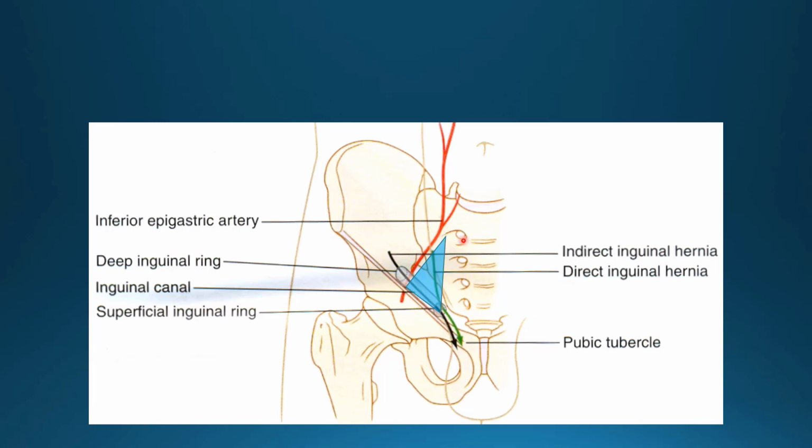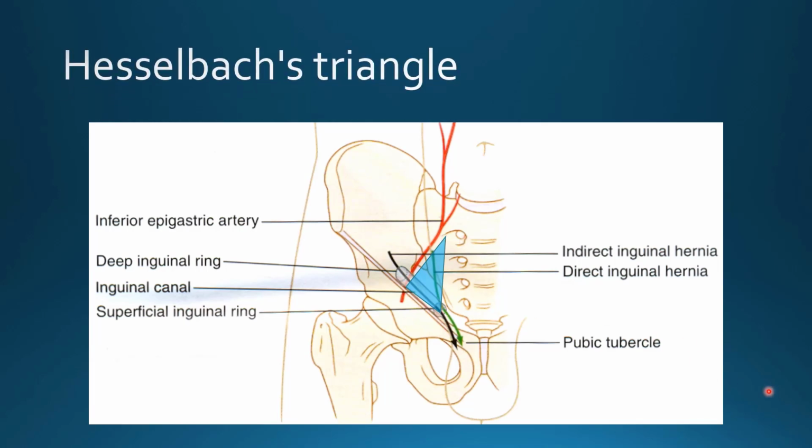So this is also called Hasselbalch's triangle. The base of which is formed by the medial part of the inguinal canal and laterally epigastric artery, that is inferior epigastric artery, and medially it would be the lateral border of same-sided rectus abdominis muscle. So this is called Hasselbalch's triangle. The contents, whenever they pass out through the Hasselbalch's triangle, the root of the hernia, that would be usually direct inguinal